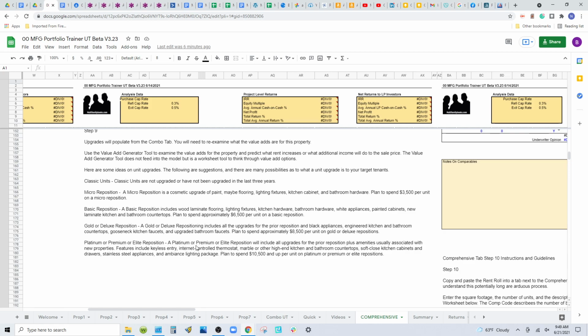A platinum or premium or elite reposition will include all of the upgrades of the prior reposition, plus amenities usually associated with new properties. Features include keyless entry, internet-controlled thermostat, marble or other high-end kitchen and bathroom countertops, soft-close kitchen cabinets and drawers, stainless steel appliances, and an ambiance lighting package, right? Things that you would go, okay, plan to spend $10,500 and up per unit on a platinum or premium or